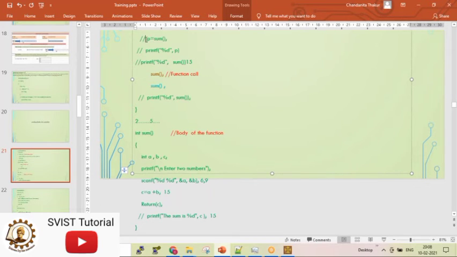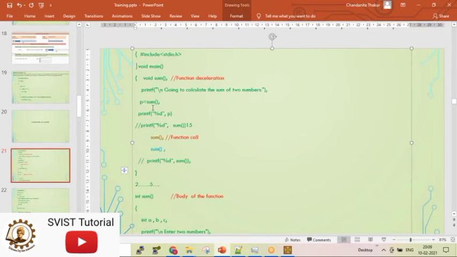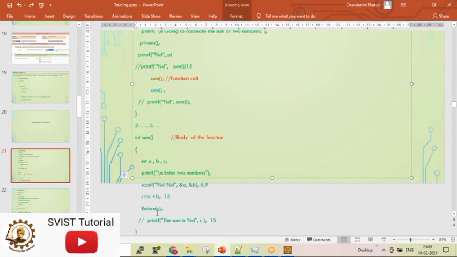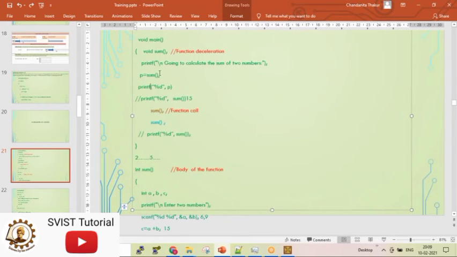If you feel it is a little complicated, you can just close this and open these two lines to make your concept more clear. In this case, what will happen? C is returning a value. See how I have called the function. I have called the function here, and the return value of the function I am storing inside a variable P. So is there any doubt that when I am returning C, the return is coming inside some function? It is only an assignment statement. Right side value will be assigned to left side.